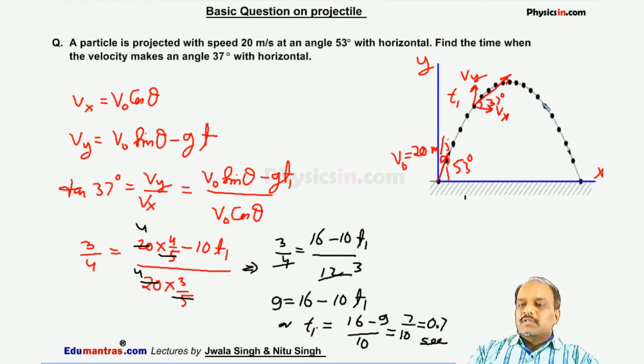But again, after some time, let this time be t2. At this instant, the horizontal velocity is Vx and the vertical velocity will become negative. Again, the particle makes an angle 37 degree in downward direction. So once it makes 37 degree in upward direction, next time it will make an angle 37 degree in downward direction. So from here, again I can say,